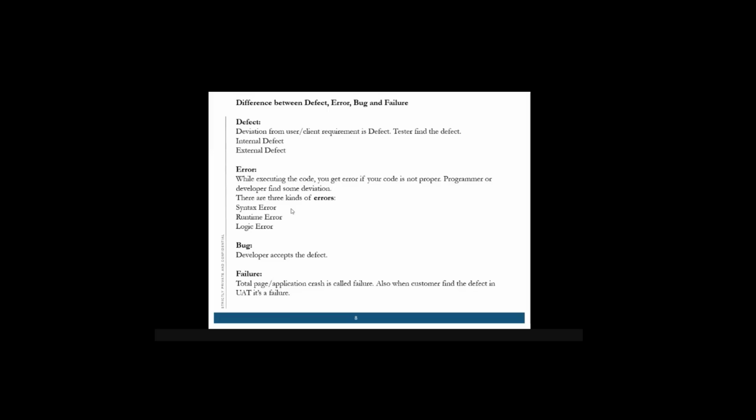Everything you got about syntax error, runtime error, logical error, is that understood? I will explain internal and external defects in my next class. I will take a note of it and explain it to you.